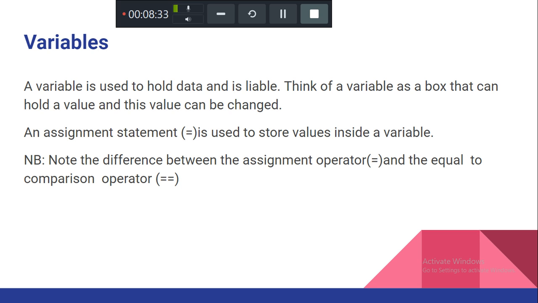The assignment statement is the everyday equal to sign we know. But in programming language, the equal to sign is used to assign a variable to a particular data type or an object. So if we want to assign a variable to a pen, we use the equal to sign